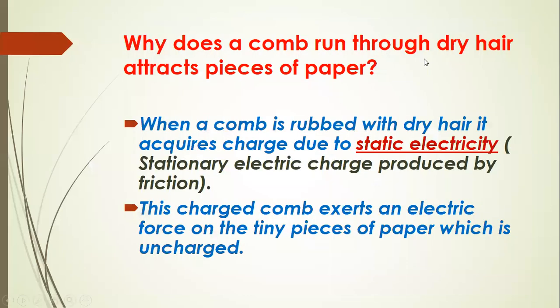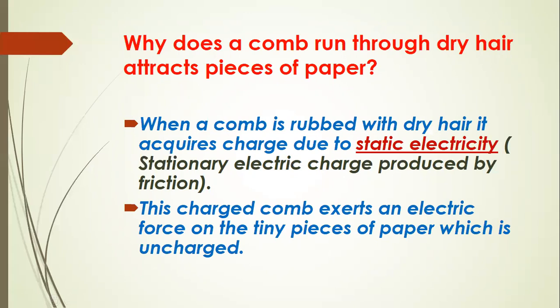Why does a comb run through dry hair attract pieces of paper? When a comb is rubbed with dry hair, it acquires charge due to static electricity. Static electricity means stationary electric charge produced by friction. Here, friction means we rub this plastic comb through our dry hair. So due to that, electrons transfer to the plastic comb. It becomes negatively charged, and the charges developed on that plastic comb